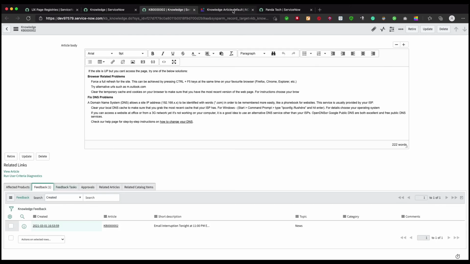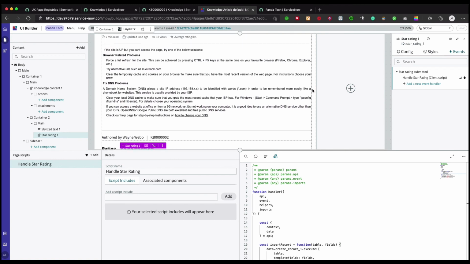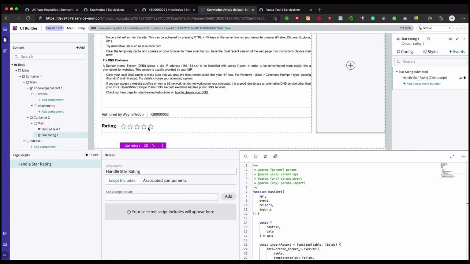Exactly. So in the next video, we'll see how we can hook that up. First we'll see how we can add the confirmation message and those kinds of things in the next video. Absolutely, because right now I still need to have a confirmation message. So that's it, folks. In the next one, we're going to see how we can add a confirmation message, and then how we can get this rating component on load of the page.